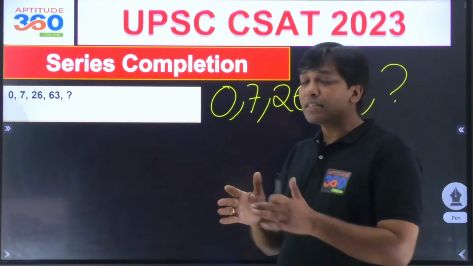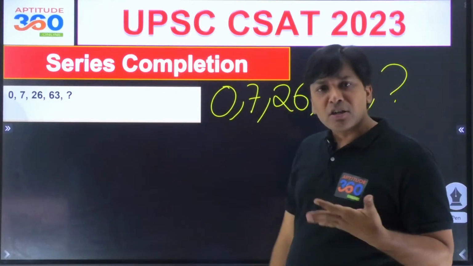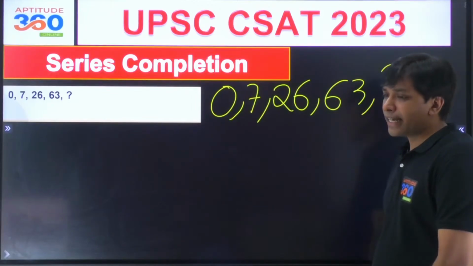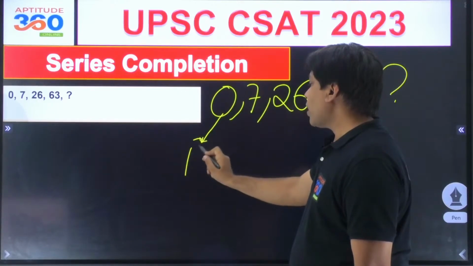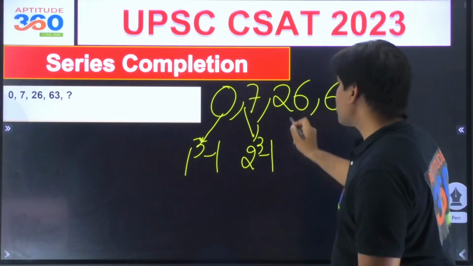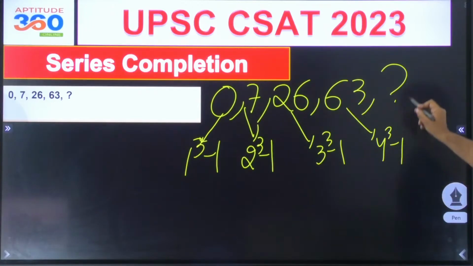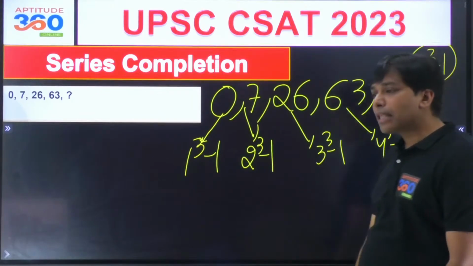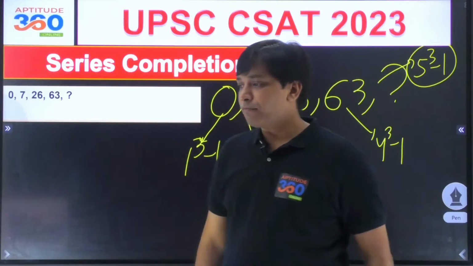So what is the second thing that we just discussed at the beginning of the class? Maybe in terms of n square and n cube we can think of the problem. So Divya is getting the right answer. Divya, this number out here is 1 cube minus 1, and this number is 2 cube minus 1, and this number is 3 cube minus 1, and then 4 cube minus 1. So obviously this number is going to be nothing but 5 cube minus 1, and this number is going to be 124. Good job, Divya. Very good.